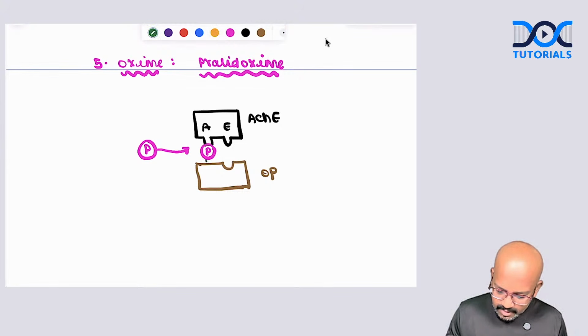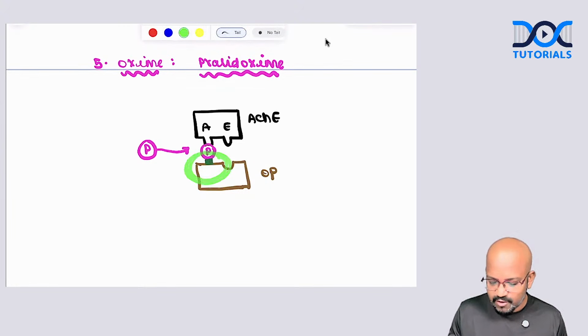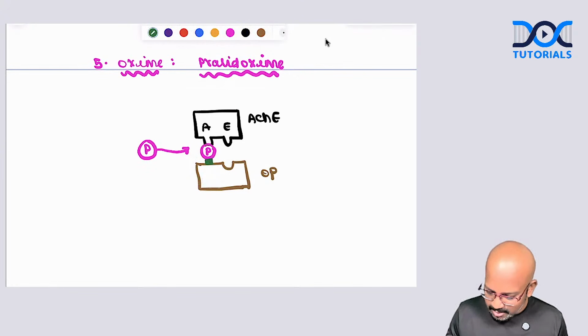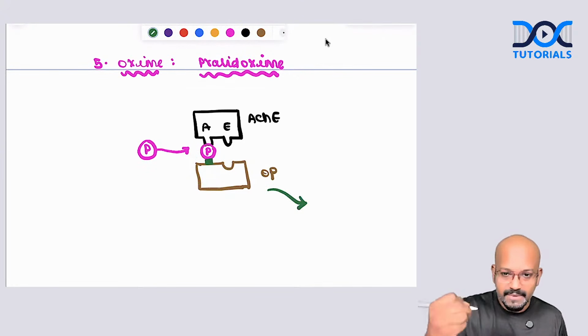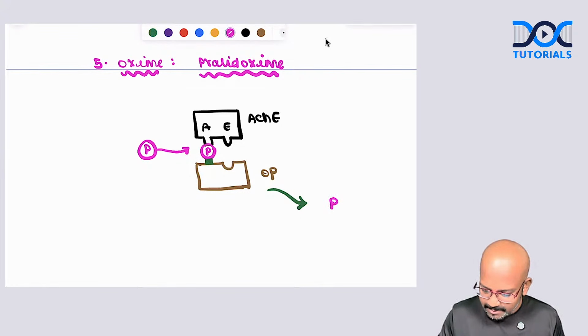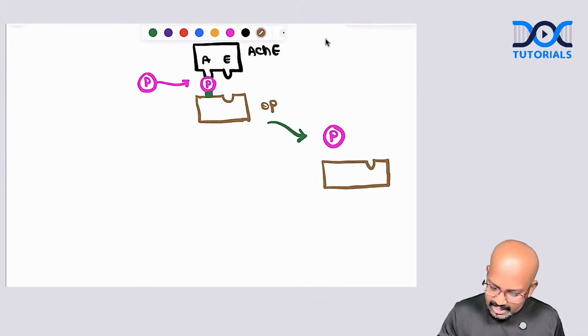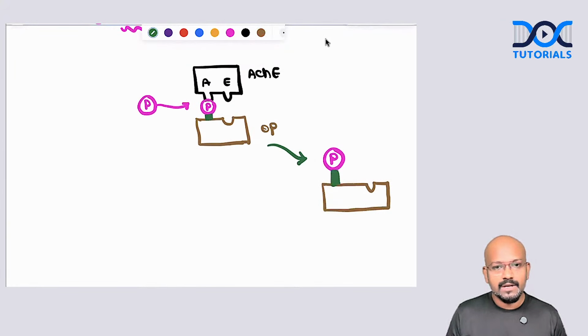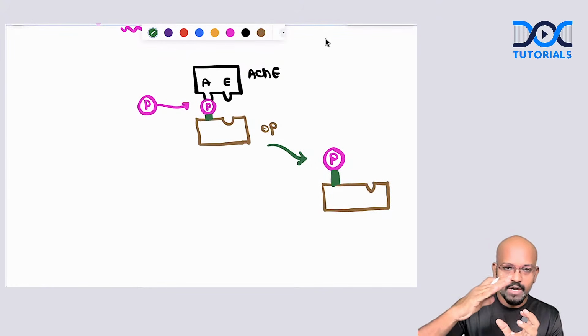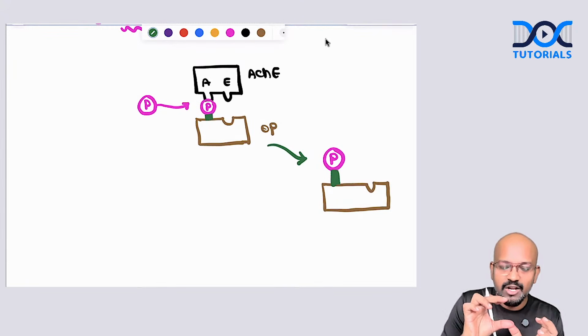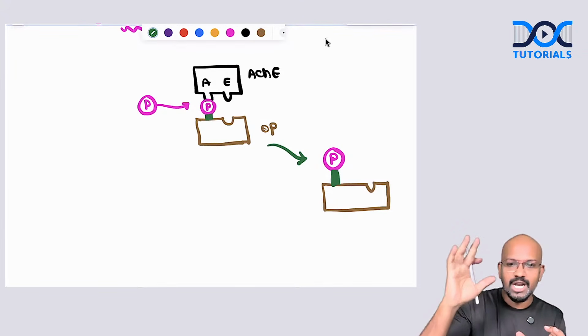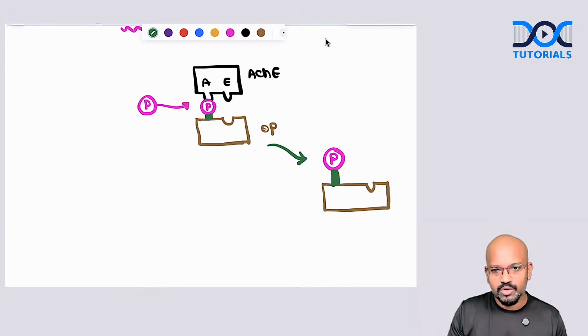It will form a bond with the organophosphorus compound. As we can see over here, it is forming a bond with the organophosphorus compound, thereby throwing the molecule out from the acetylcholinesterase enzyme. We have the Pralidoxime, we have the organophosphorus compound, and we have this bond formed between them. So simply, the acetylcholinesterase enzyme is strongly bonded with the organophosphorus compound. The Pralidoxime will come and bind, form a bond with the organophosphorus, and throw it out, thereby reactivating the acetylcholinesterase enzyme.